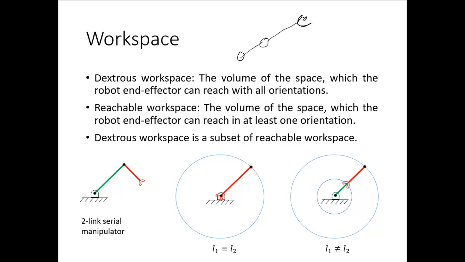Now this is the limit. So this is L1 and this is L2. So a circle with L1 plus L2 as the radius will be the workspace of this manipulator.